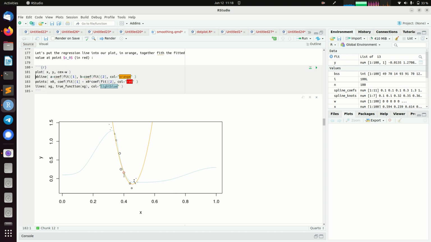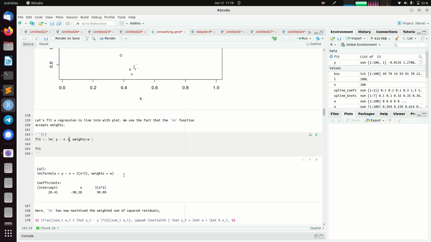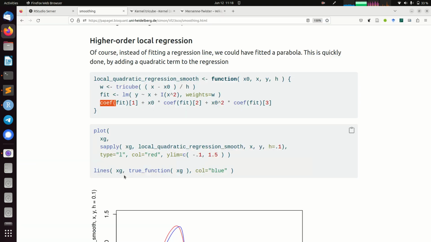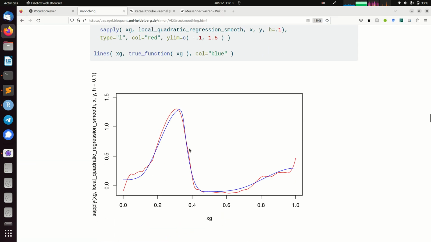And I go back to the original thing, otherwise it doesn't fit to the text. And with this regression formula, now actually our red line follows this blue line surprisingly well. However, here we see a phenomenon which is called overfitting. It tries to follow the data too much, very much as what we had before when our bandwidth was too low. Here we also see something called edge effects, where trying to fit the parabola for a value here